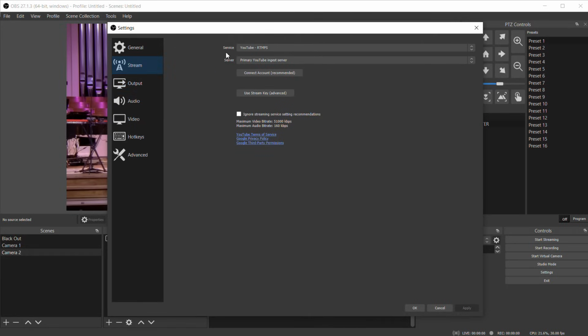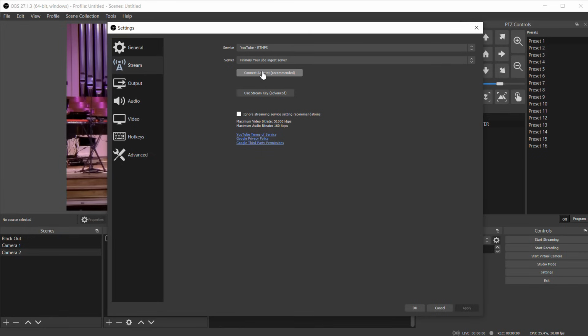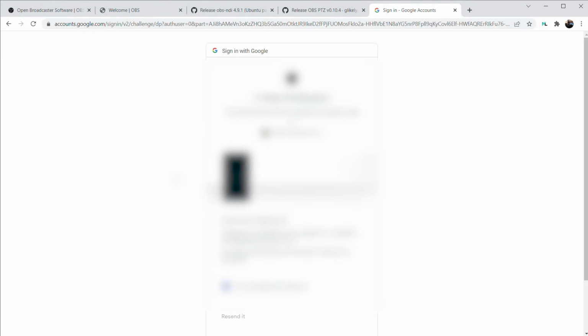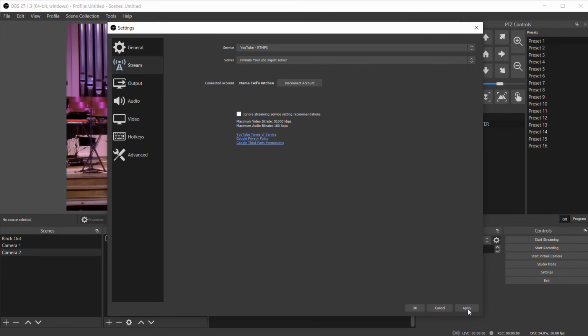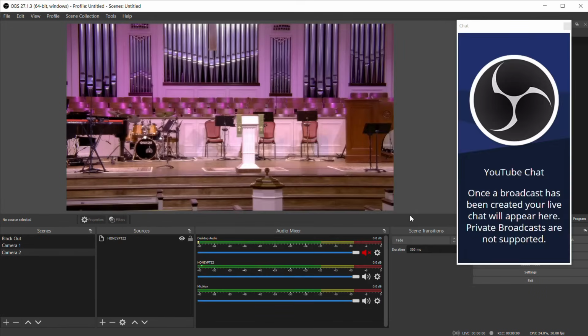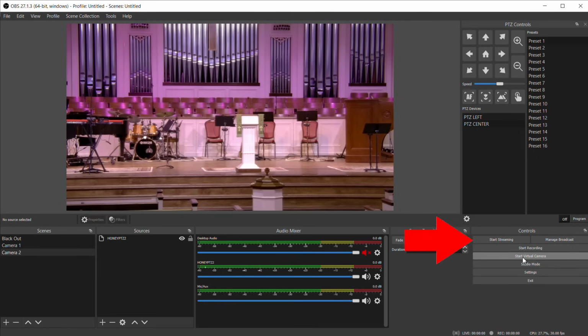Now go to the stream page, and here's where we connect OBS to YouTube for streaming. In the service dropdown, select YouTube and click the Connect Account button, and then log into the YouTube account that you want OBS to stream to. Back in OBS, we'll click OK, and we are ready to start streaming. Just click the Start Streaming button,